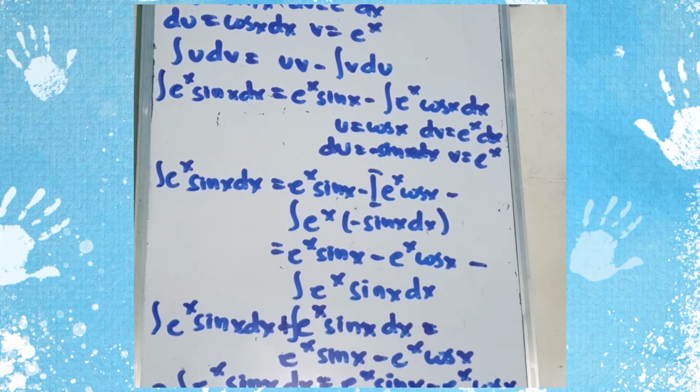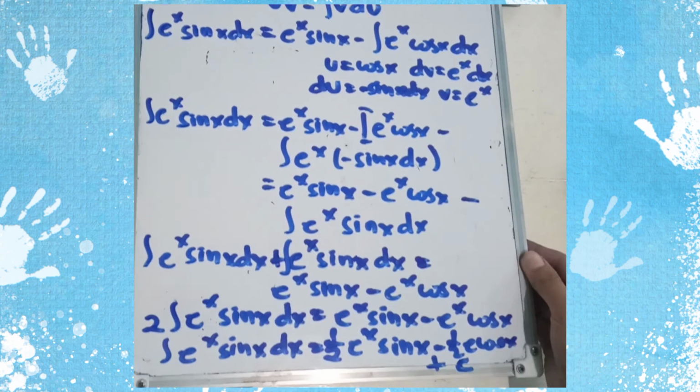Dividing both sides of the equation by 2, we will have the integral of e raised to x sine x dx is equal to 1/2 e raised to x sine x minus 1/2 e raised to x cosine x plus c. So do not forget plus